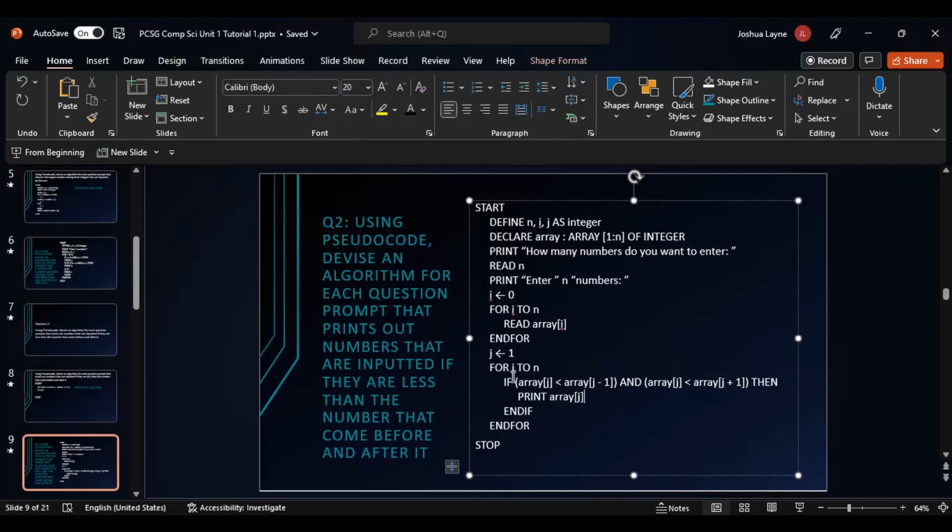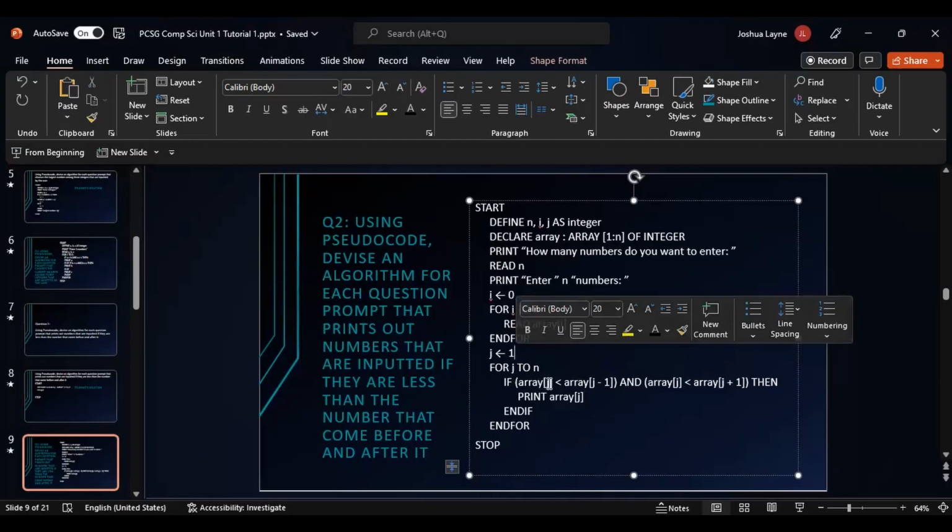So going through it, when it is j equals 1, then,